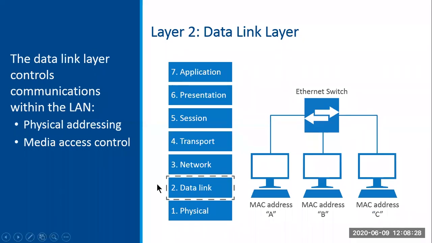The data link layer also specifies who can access the media when. So media access control, who can transmit when and so on, is also defined by the data link layer. Most switches operate at the data link layer because they use the MAC address to perform their primary function of forwarding data. There are some switches that operate at the network layer as well, but I'll talk about that later on. So these are the layer 2 functions, data link.